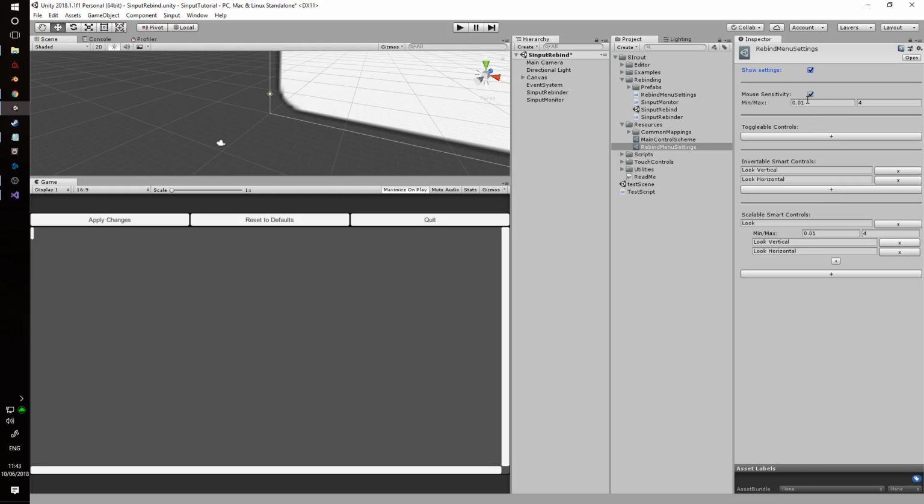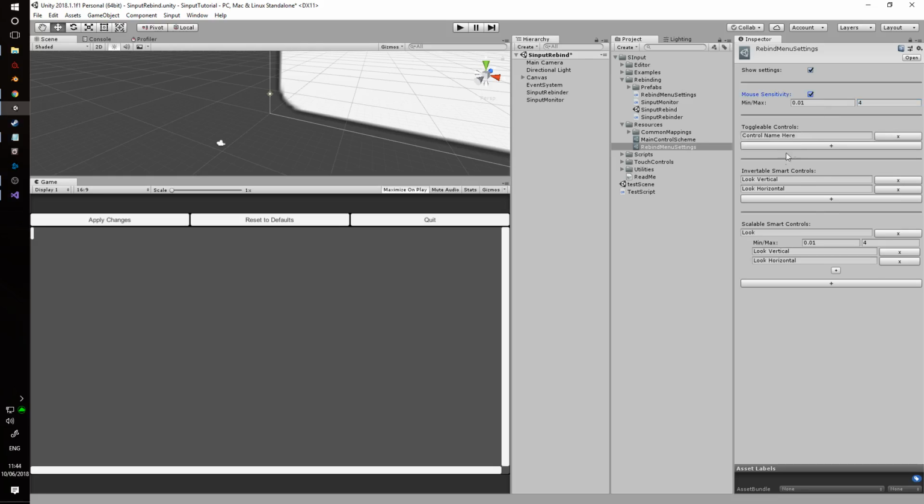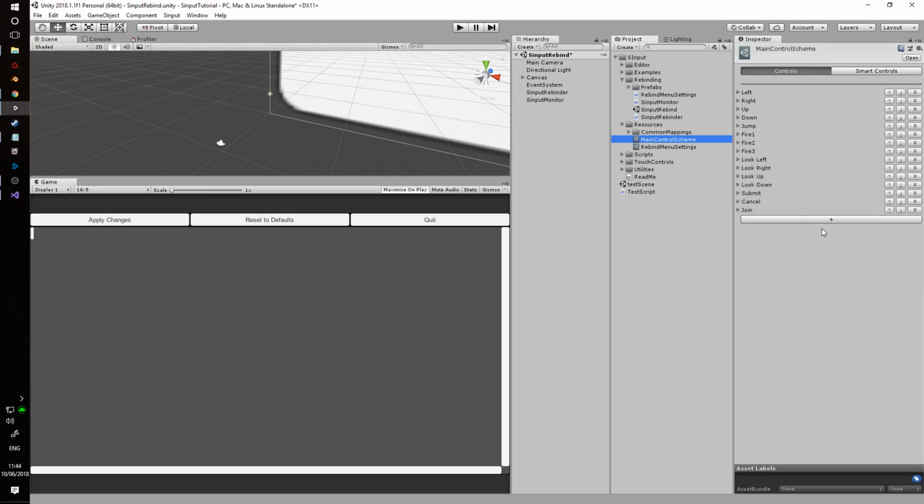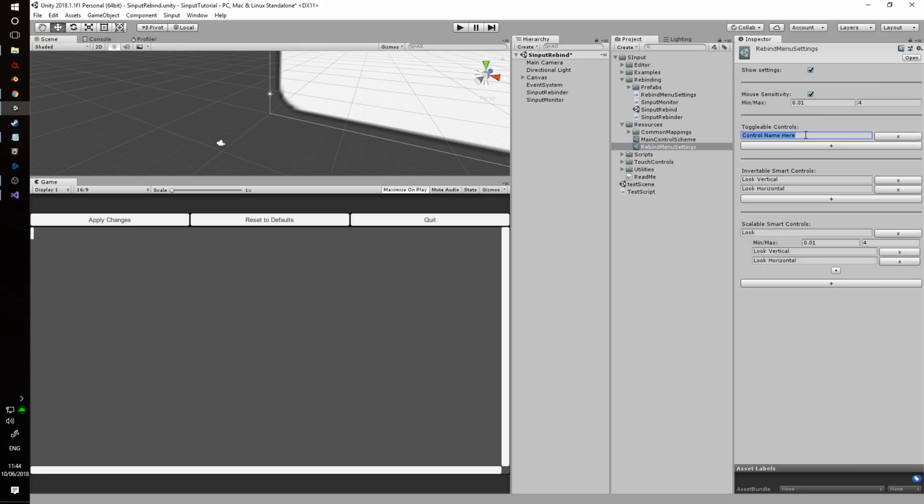So we've got mouse sensitivity. If there's no mouse input for your game, or it's on a console or something, there's no need for you to have that. Toggleable controls. So let's add a control that would need toggling, like a crouch, for example. Crouch is a nice toggleable control. See, why not? So if I go back to my menu rebind settings, we'll type crouch in there, and when we click play,